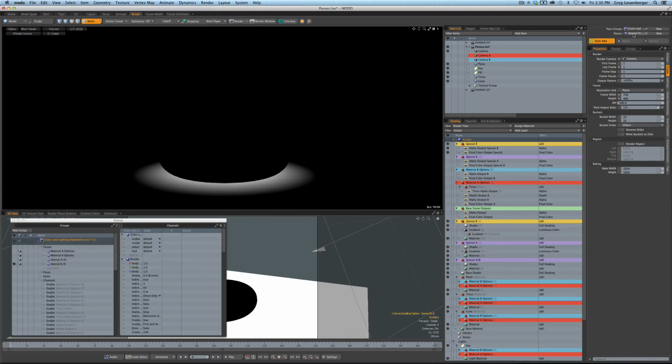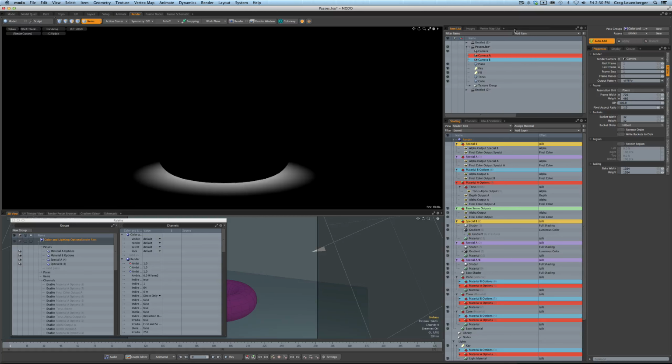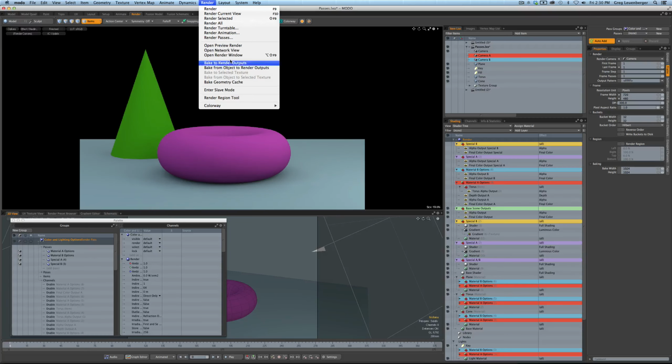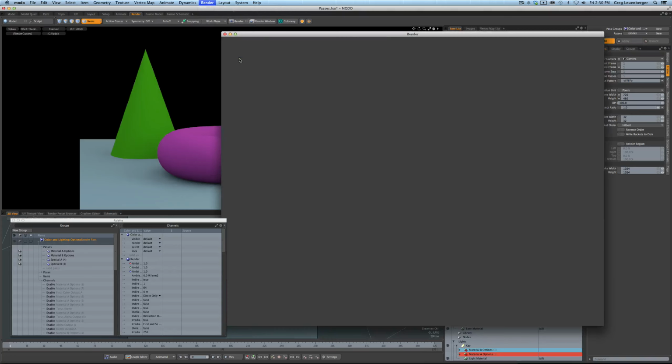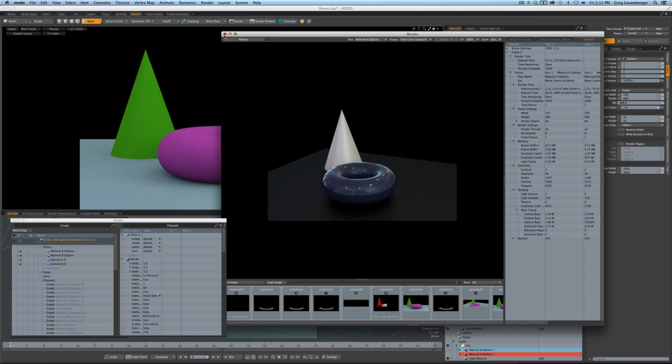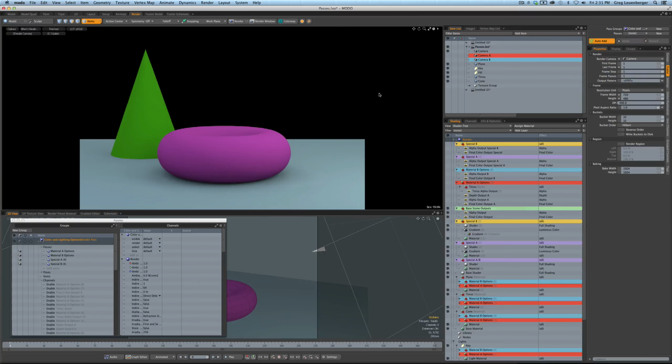But really what we want to do is, and remember, when I did render passes here, let's open up our render window. So open render window. It didn't do the base scene, right? It just did the passes. So I didn't get this base scene. So that's going to have to be separate, and that's just something we have to live with,